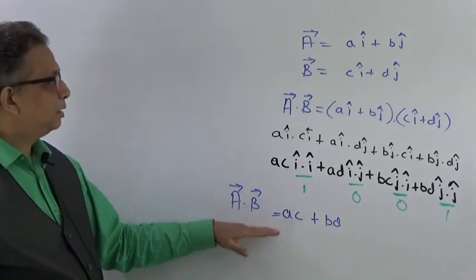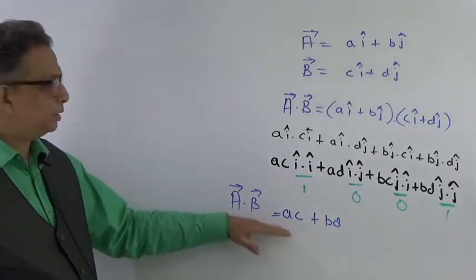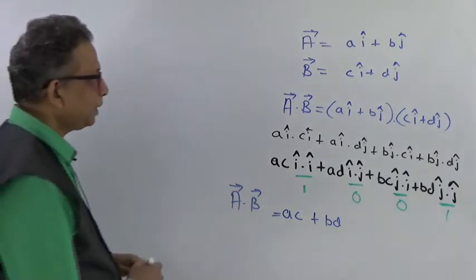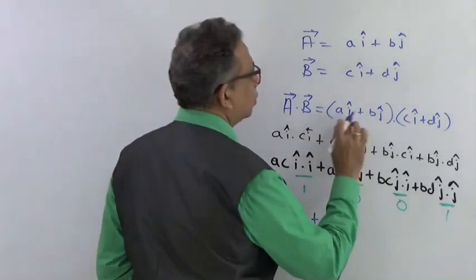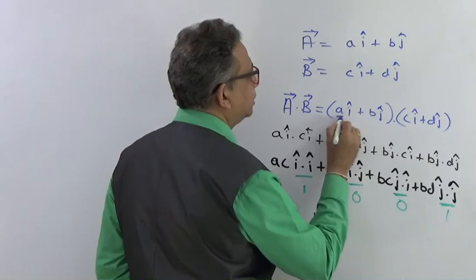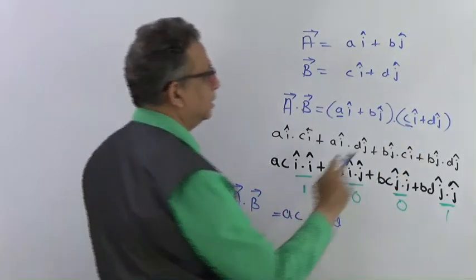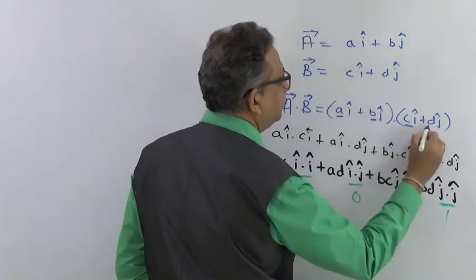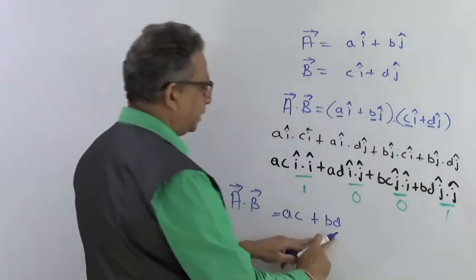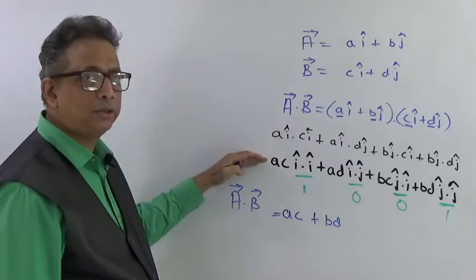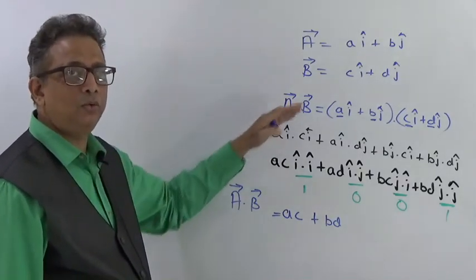and this will be the equation. The shortcut method is that you need not go through these two steps. See, what you have to do is, those which are similar terms, the coefficients of the similar I and I have to be multiplied, you will get AC. The coefficient of B and D you have to multiply and you have to get BD. So you need not go through those two steps every time when you are going to do a scalar